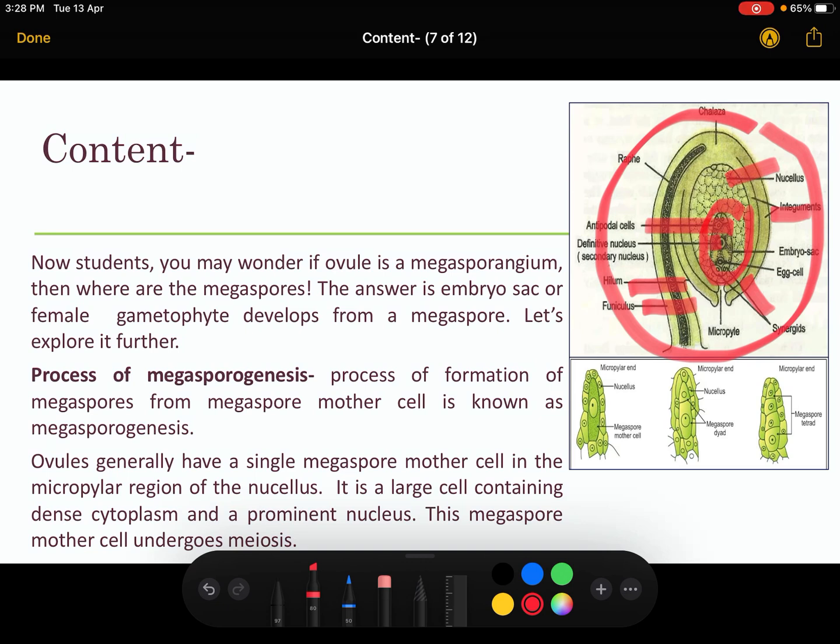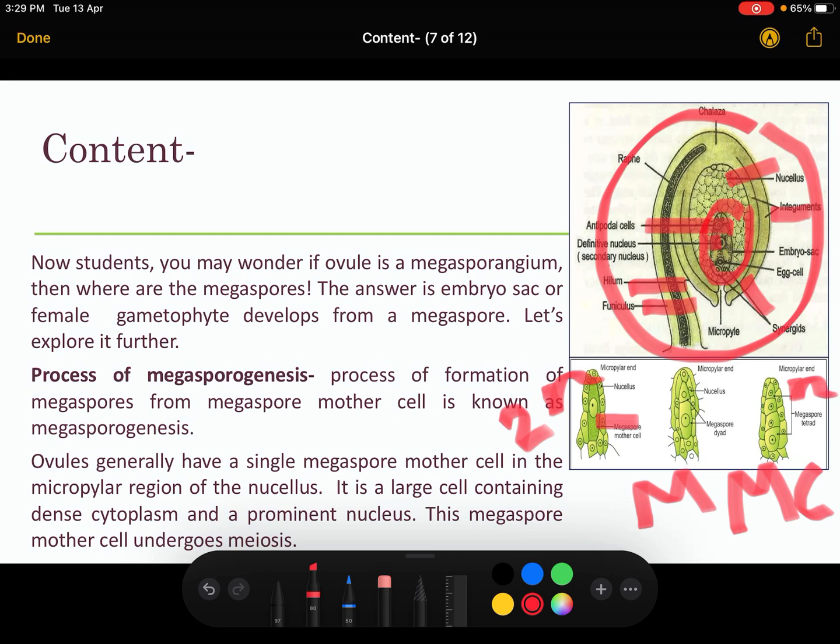You can see here that one cell of the nucellus towards the micropylar end will behave as the megaspore mother cell. Now this cell will divide by meiosis, or reductional division. What happens after meiosis? One cell will divide into 4 cells and the chromosome number will be reduced to half. It means if the megaspore mother cell had 2n chromosome number, the 4 cells or tetrad will have only 1